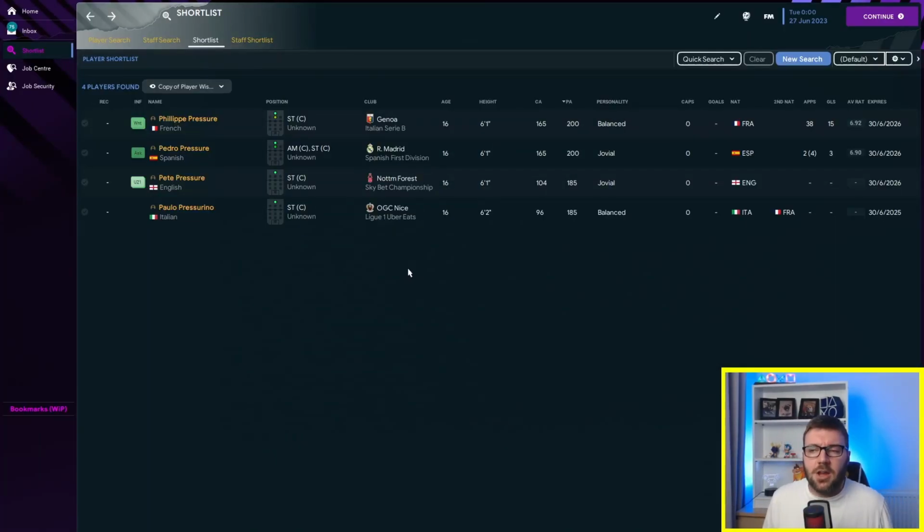Of course, Pete and Paolo are not going to be there. Philippe played well for Genoa-ish. Pedro, not playing for Real Madrid, wants to leave. Will he leave, or will he get his chance in the Real Madrid team? If he hangs fire and plays there for a couple of seasons, he'll probably take over from Karim Benzema and